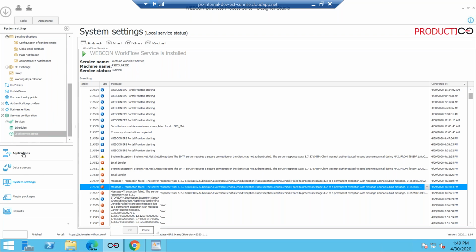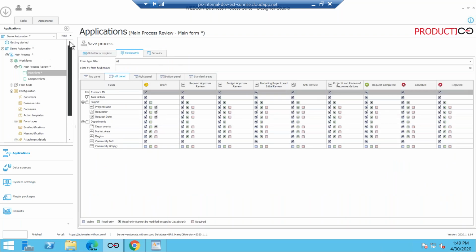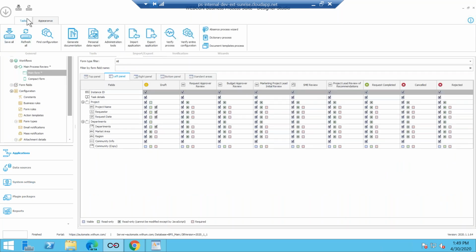And I want to talk about two things before I stop sharing. As an admin, now I have a couple of great tools here. I can export my application, as Mike was saying. This whole application that I've been working on can be exported into a single file and imported into a different server. It takes probably 10 minutes to do that whole action, and it's so seamless. That's a great feature we've been using.